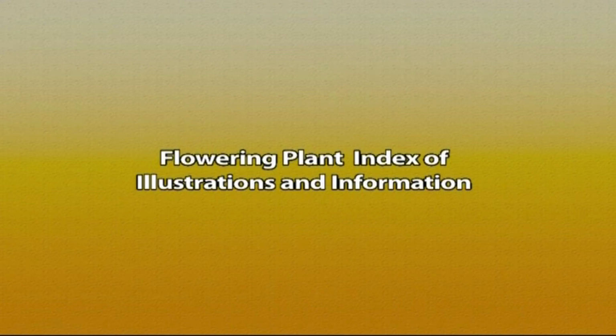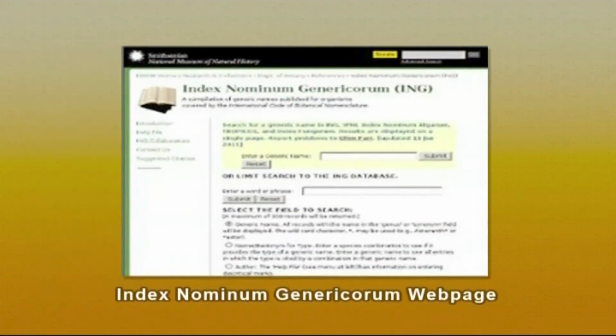For the information on illustrations published post 1935, there is one more index by the name of the Flowering Plant Index of Illustrations and Information, compiled by Isaacson in the year 1979, that can be also used. One more index is by the name of Index Nominum Genericorum. It is basically a compilation of generic names published for plants covered as per the rules of International Code of